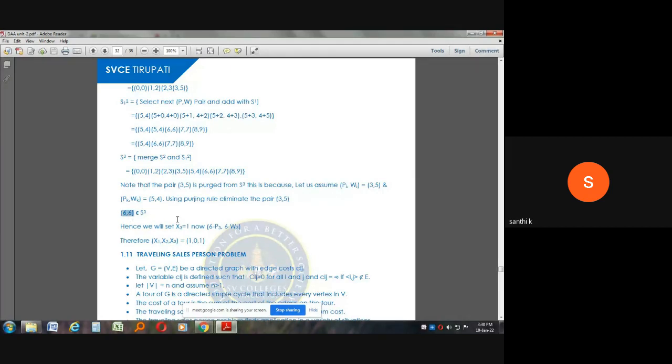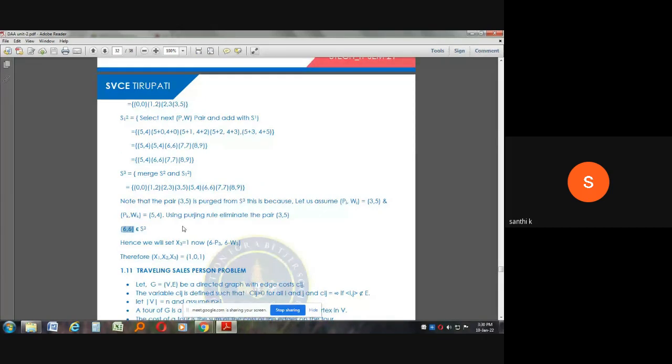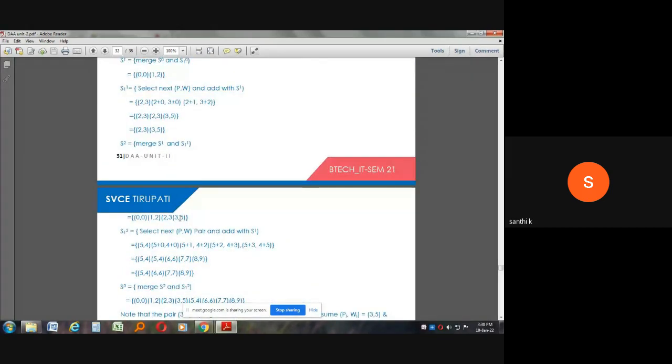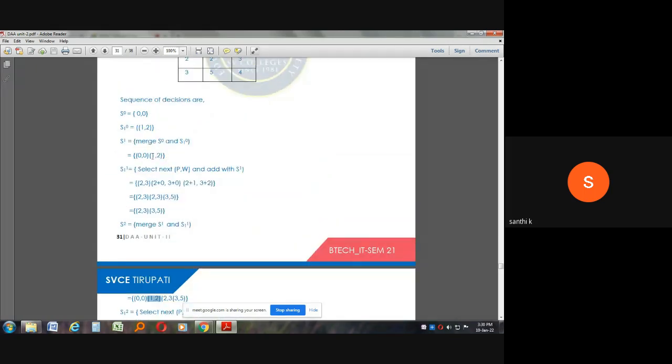Now ఈ 1, 2 అనేది S2 లోను S1 లోను ఉందా లేదా అని మనం చెక్ చేయాలి. So 1, 2 is present in S2. Now is it present in S1? We have to check. So 1, 2 is present in S1. So it is present in S2 and it is present in S1. If it is present in both the sets, we should not place that object. So we are not going to put the second object in the knapsack. So x2 equal to 0. We are not going to put.